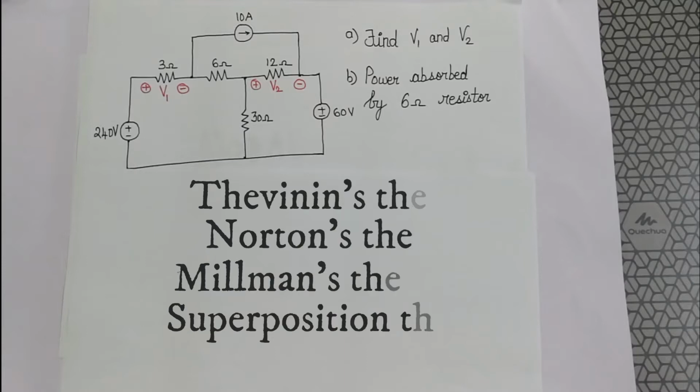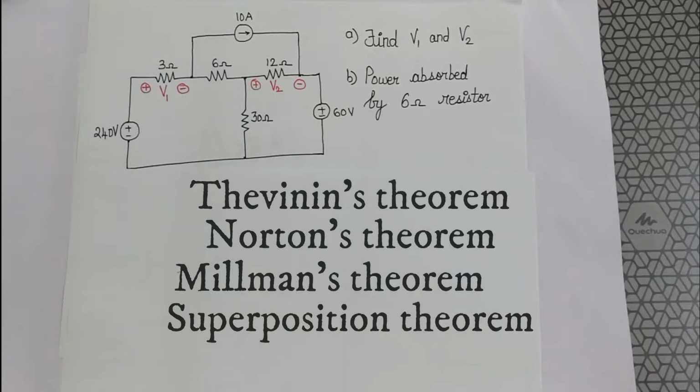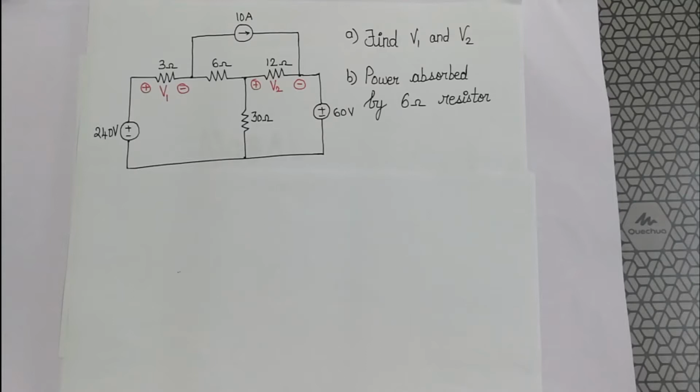We can also solve the network by using Thevenin's theorem and Norton's theorem. We can simplify them basically. But not all the techniques can be used everywhere. For a 3-node circuit or for a 2-node circuit, simply mesh and nodal analysis will be enough. But if we go to higher nodes and are trying to simplify the circuit, we need the help of superposition, Thevenin, and Norton's theorems. We'll look into that later on after we understand the nodal and mesh analysis. Let's get started with nodal analysis.